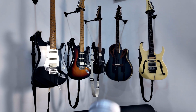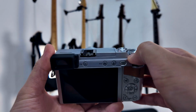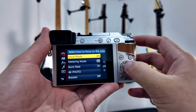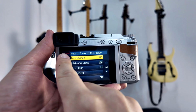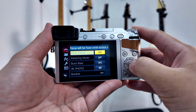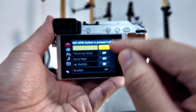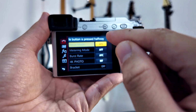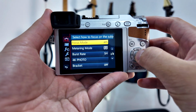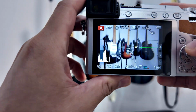Alright, so over here I have my Panasonic Lumix G85, and the first step is we turn on the camera and go into the menu over here, and right away go into the photography tab and choose the focus mode. Press it and make sure that you select AFS, meaning autofocus single, not AFF, not AFC, not MF, but autofocus single, AFS. And then press set, and then go back from the menu,